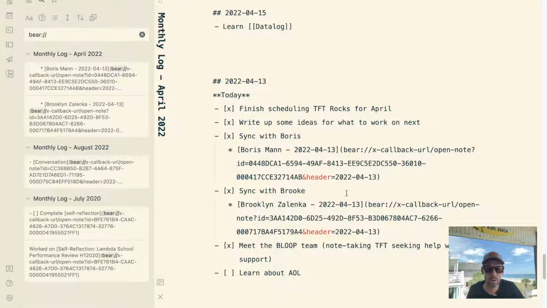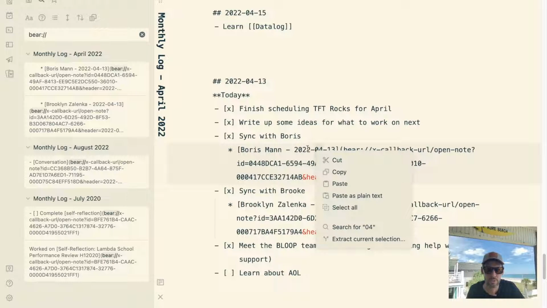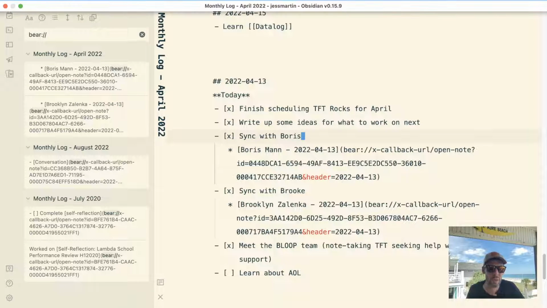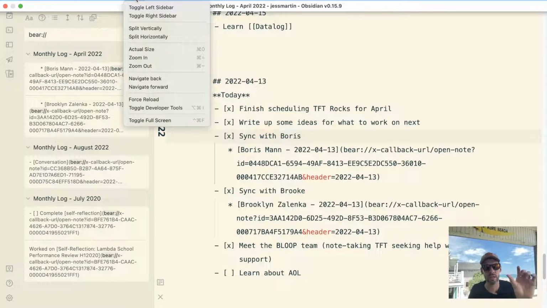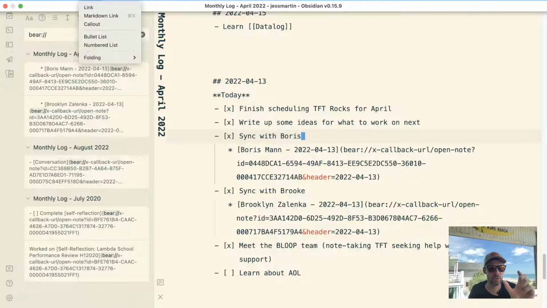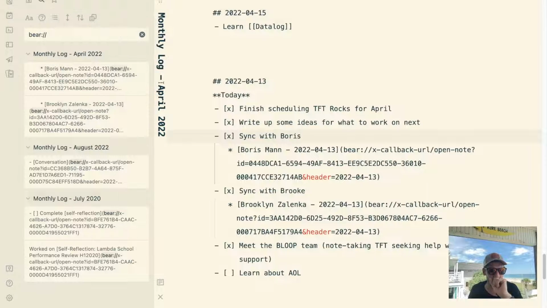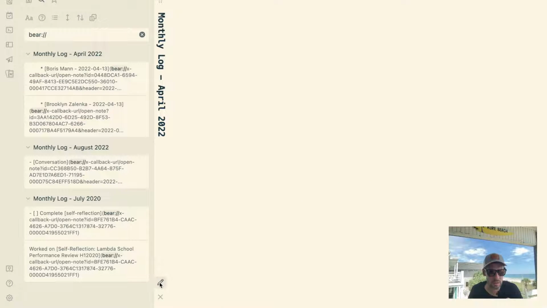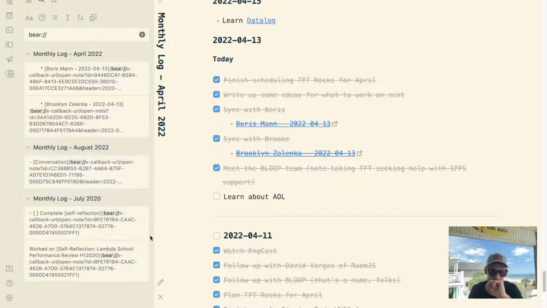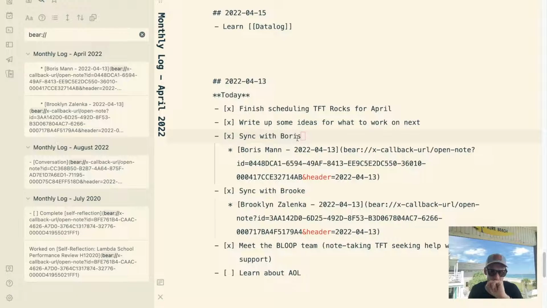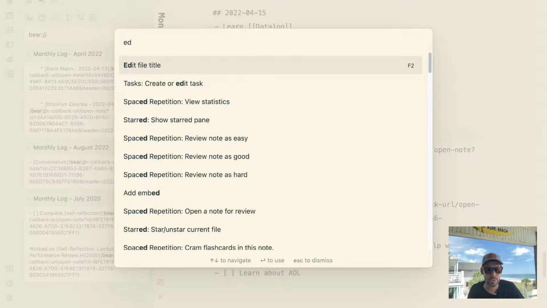I thought my goal in customizing the appearance of Obsidian was to make reading and writing look as close to the same as possible, so that I didn't have to care which mode I was in. Current view editing. Okay. There we go. I don't even know how to switch between those two.